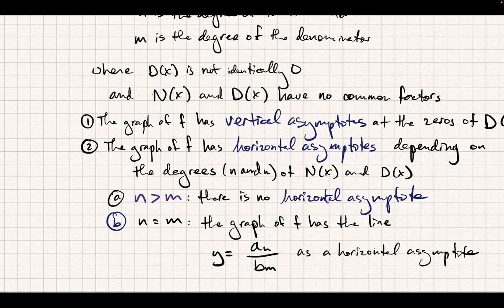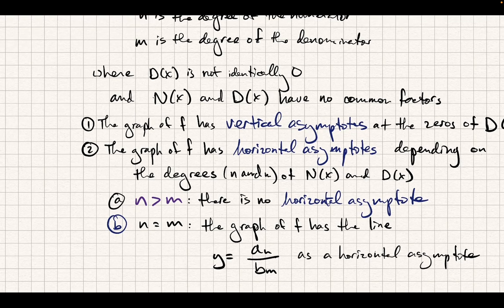On the line, which line? This is a continuation of that sentence. Where's the horizontal asymptote? On y equals a over b. Right, in general, but in this case,